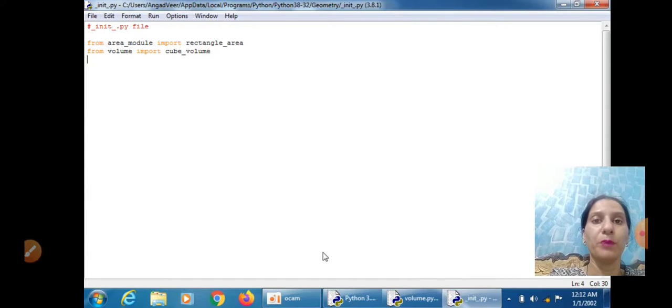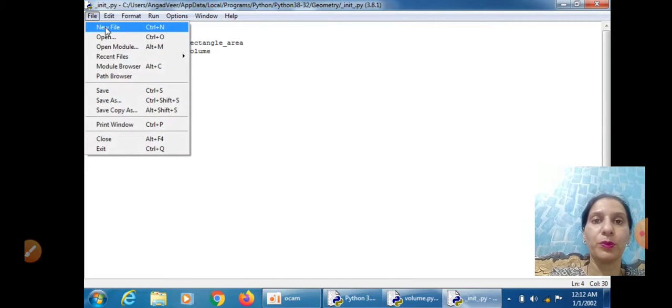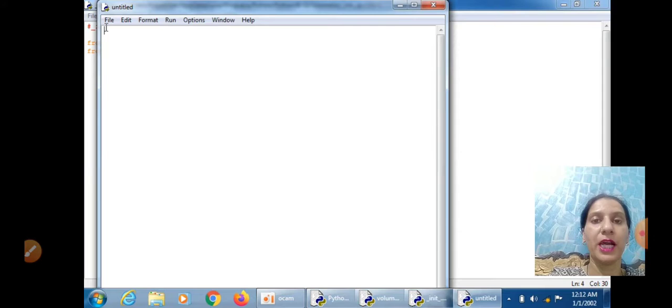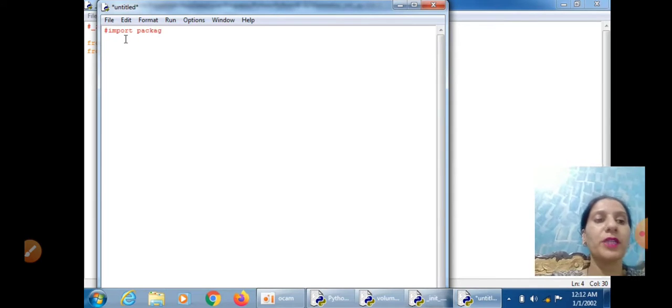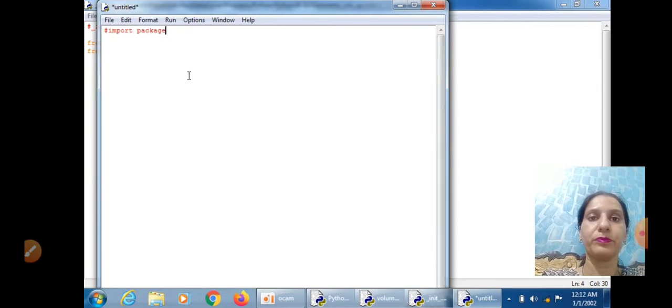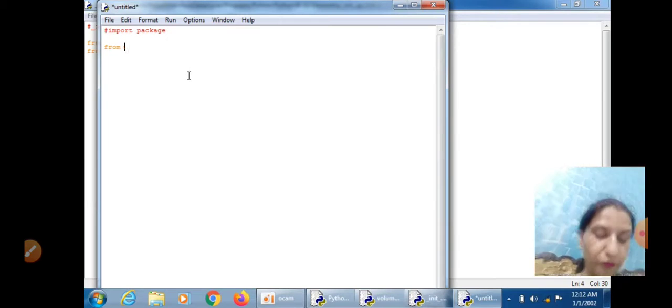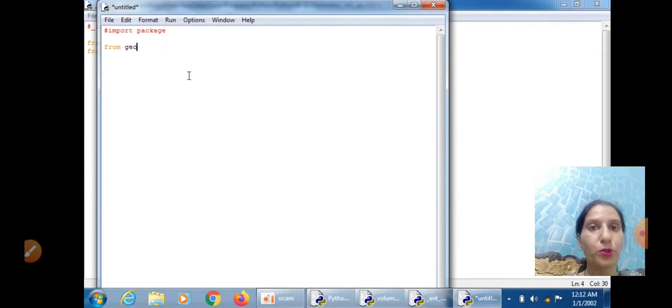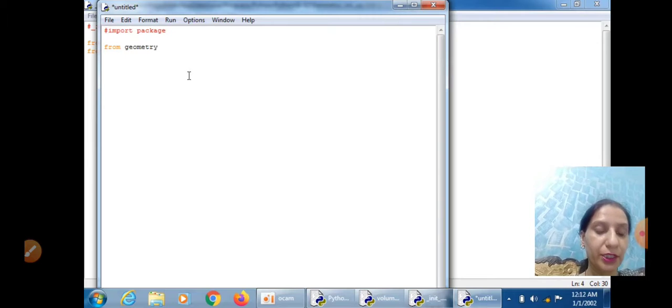Now we will import this package into a new program. Open a new file right here. Comment: import package. Now we will import the package we have created. First of all, write from geometry. Geometry is a directory name.